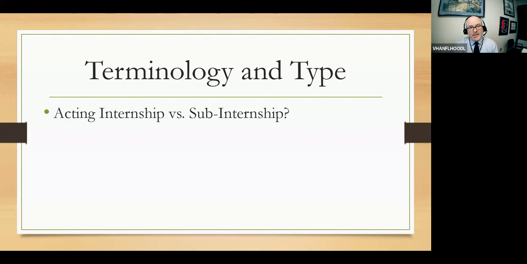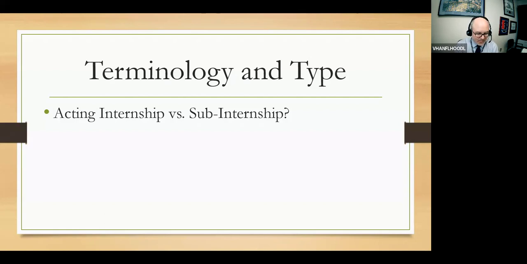And I think that's because of the historical connotations. So subinternship was a term that was developed in World War II when, because of physician shortages, senior medical students were kind of elevated into these sub-intern roles. It was really very much out of necessity, not out of academic virtue or rigor. And after World War II, it became predominant and widespread and spread into multiple other specialties and subspecialties. So I think that historic reason may be the reason why in the literature the term subinternship is used a